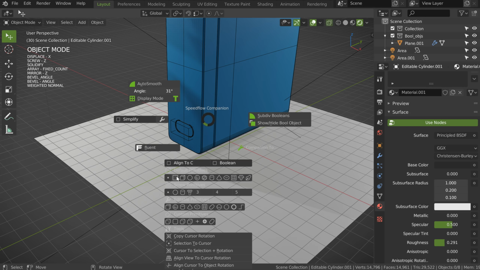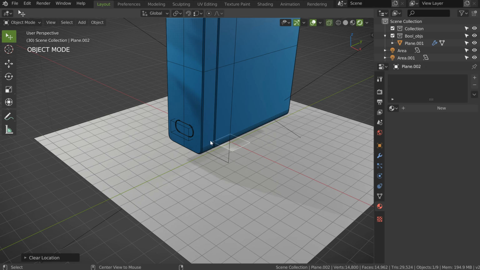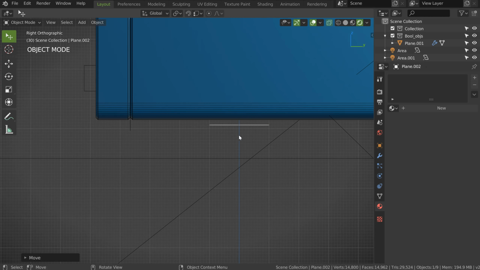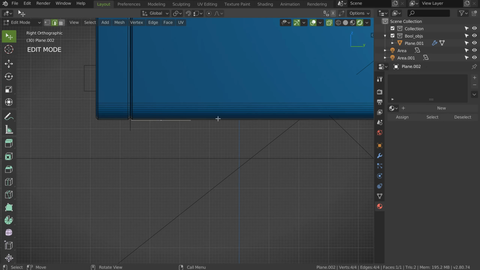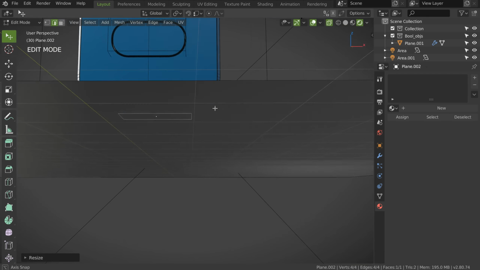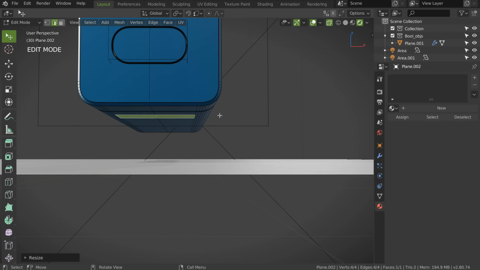So Shift Q, plane. I will press Alt G to place it directly here, and I will press G, middle mouse button, to move it in Z. I will come here, move it here, in edit mode, boom, I will scale it a little, and at the bottom, I will scale it here.